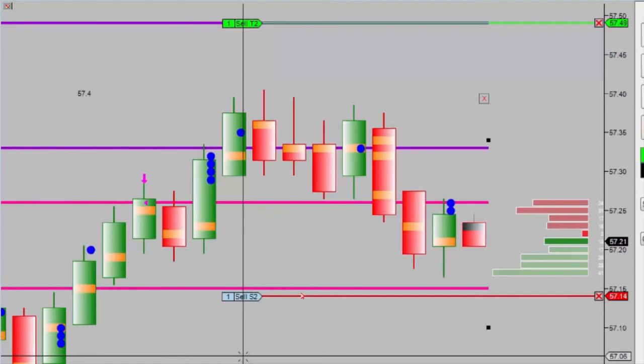Does that make sense, guys? Yeah, it's not good management. I mean, why am I risking 25 ticks to make an extra 10 when I'm already in a profitable trade, right? And that's just one of the things that you have to be cautious with, because a VWAP is going to give you a very wide